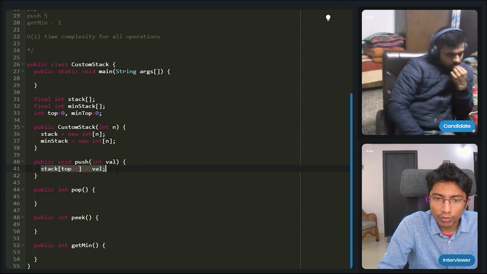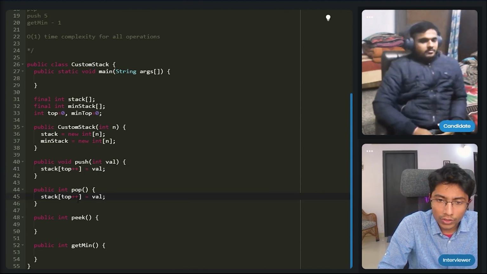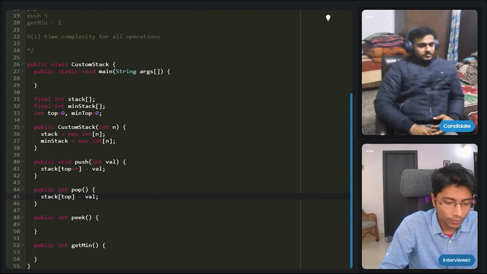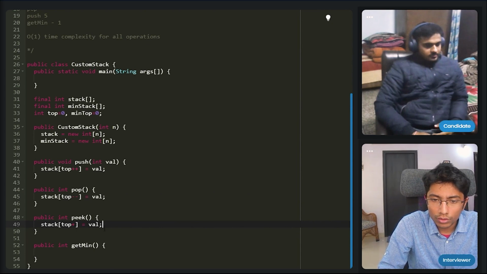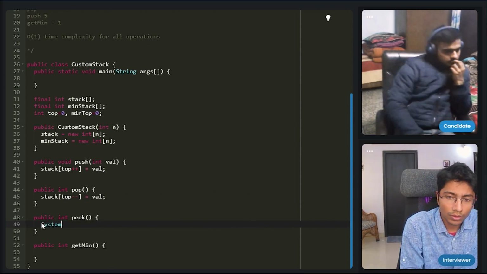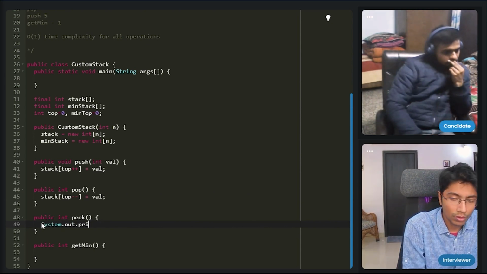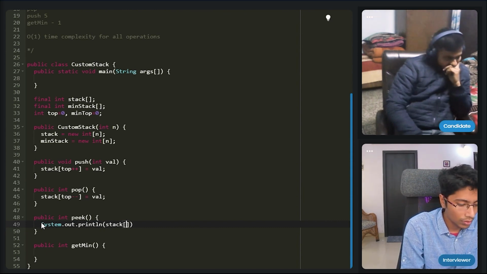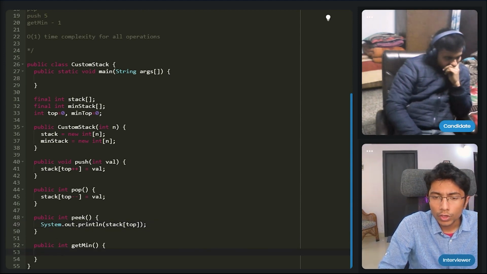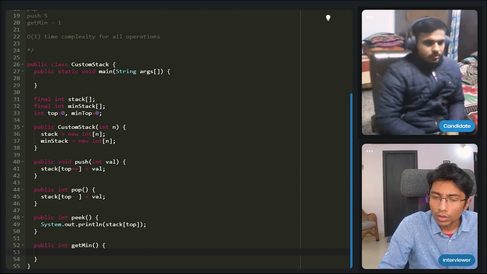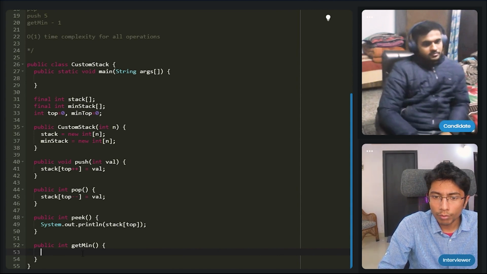But otherwise, whenever I pop, I just change this. Whenever I peek, I just print. Should I take care of the edge cases also, if there's underflow, overflow? Yeah, we can ignore them for now.